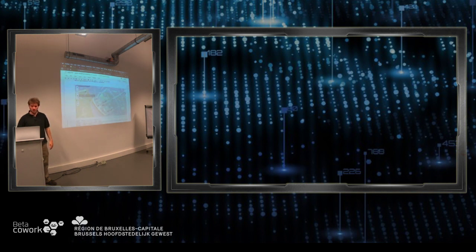Don't worry about the code. I'm just going to take, so here is a map. This is actually the campus of the Free University of Brussels. And I'm going to plot a region, a polygon on this map. And out of this, I'm going to take all the points which are sitting above this polygon. So that takes a few seconds.